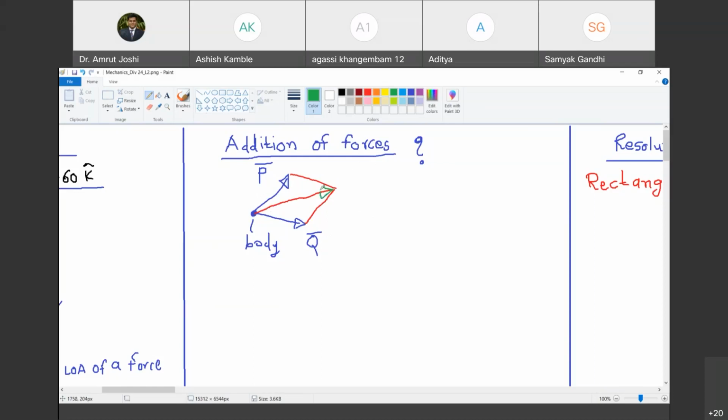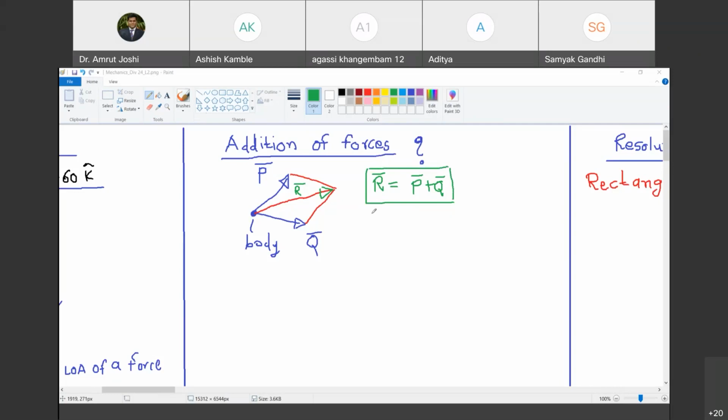So you are saying that this, if I call this R bar, then R bar is equal to P bar plus Q bar. That's what you are saying, right? Yes, sir, but not the scalar addition. You don't just add the magnitudes. When we are adding, we are doing this geometric construction, we are adding it as a vector. Do you agree with me? Yes, sir. So I think everyone here believes that this is the addition of two vectors, and force being a vector, we should add forces in this fashion. Is there anyone who disagrees?